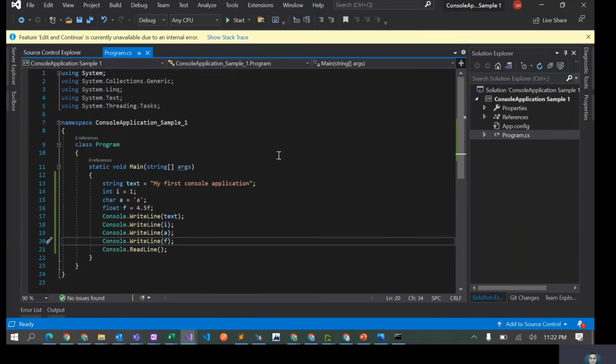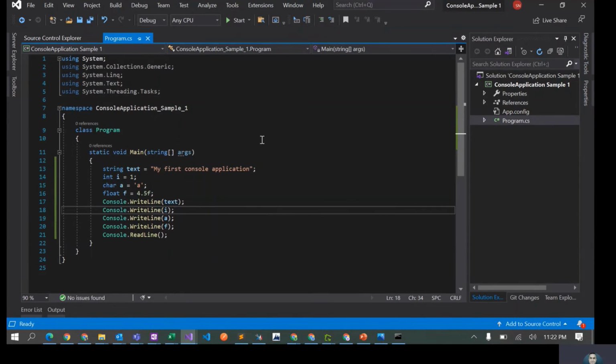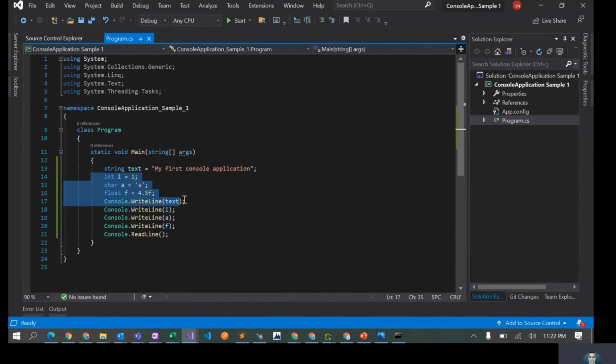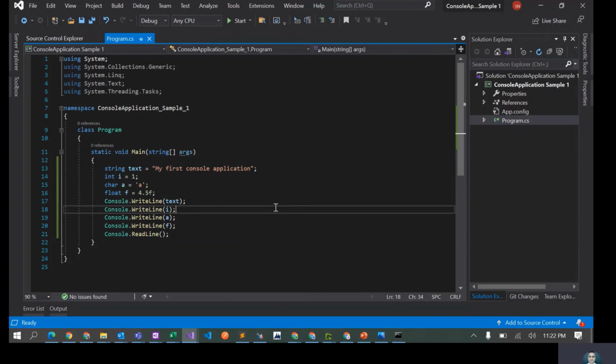We usually use variables in our C# application whenever we want to store data in memory. Once this program ends, all of the data in the variables would be removed from memory. So the next time this program runs, a new memory allocation would be done for these variables and the same data would be stored. So that's all I wanted to cover, just to give you a brief about variables in